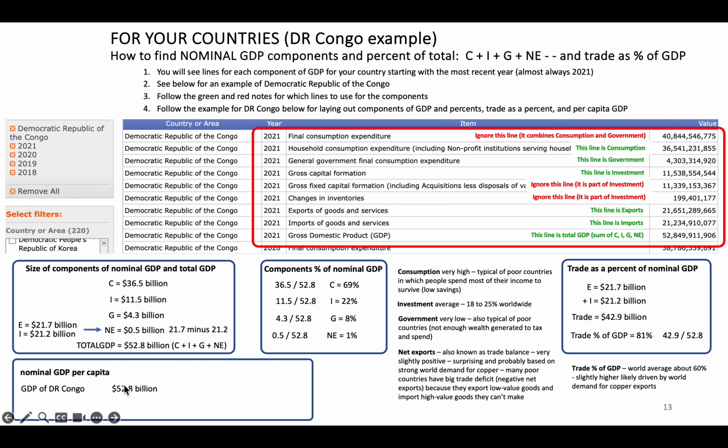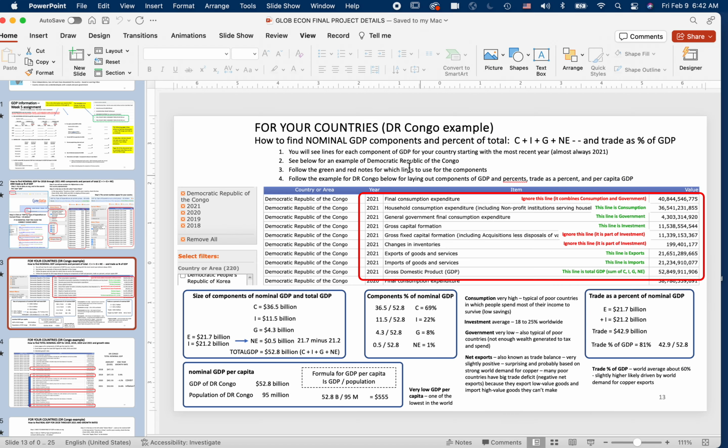is we can take that total GDP and divide it by the population and get GDP per capita. It's GDP divided by population, which is 52.8 billion divided by 95 million, which is $555. So very poor, one of the poorest countries in the world. So I'm going to stop there and then go to